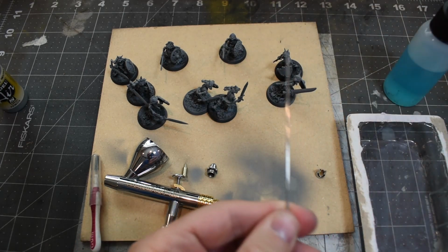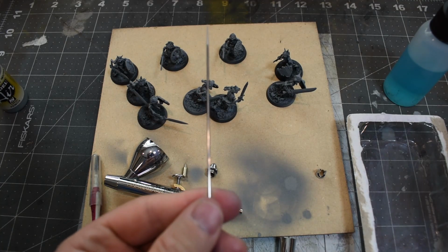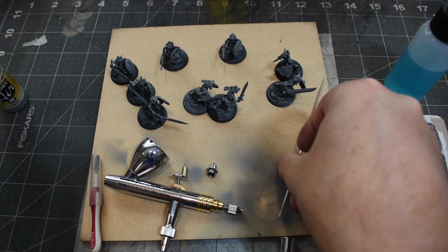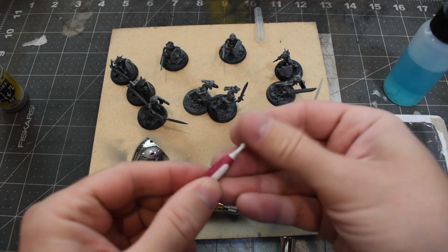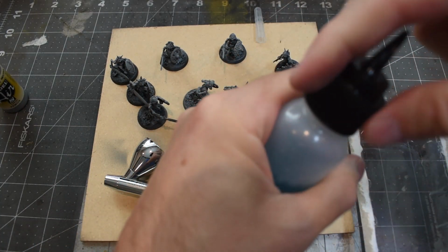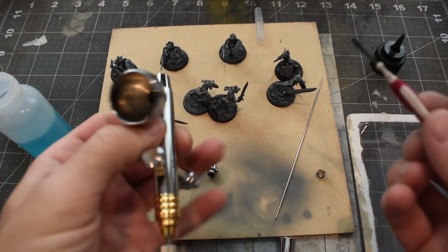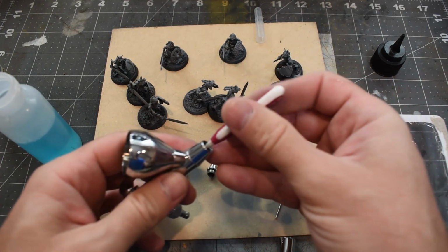gum brushes. I got this one from the dentist, and I don't use it on my teeth, but I definitely use it on my airbrush. It's a really handy tool, and it works better than what I've seen as far as airbrush deep cleaning kits go. It's like a pipe cleaner that you're supposed to use in between your teeth, with a little wire bristle thing in it, so it's not ideal for cleaning in between your teeth, but it gets in there and cleans out the places where you get the